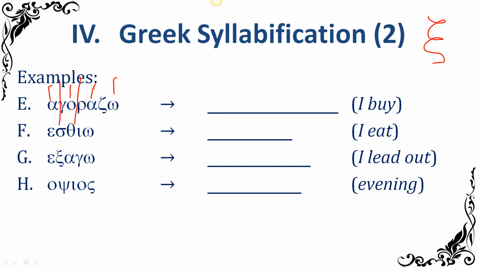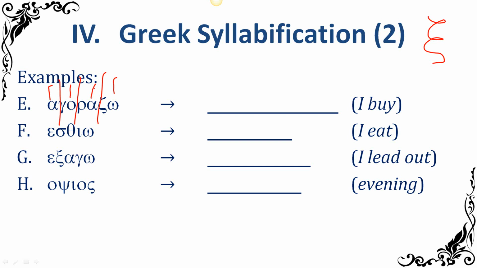Is that zeta followed by another consonant? No, so it's not going to get it because of that. Is zeta one of the double consonants in Greek, either xi or psi? No, obviously because it's not xi or psi, it's zeta. So is alpha going to get that zeta? No, it's going to get away again. These vowels in this word are not doing very good for catching final consonants. They are awful at this game. So we have agara,